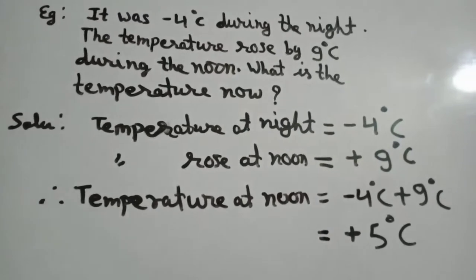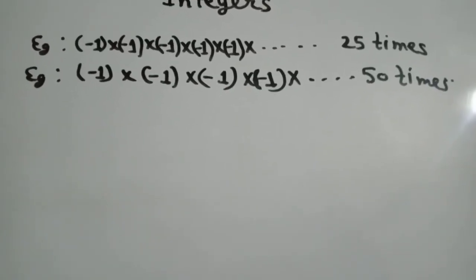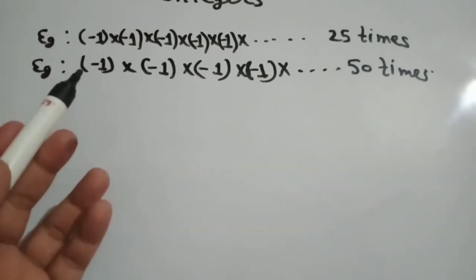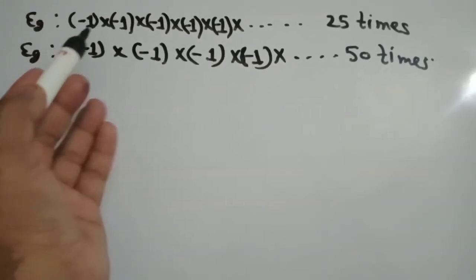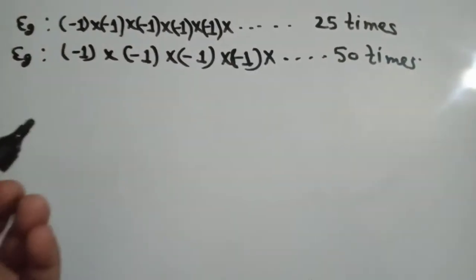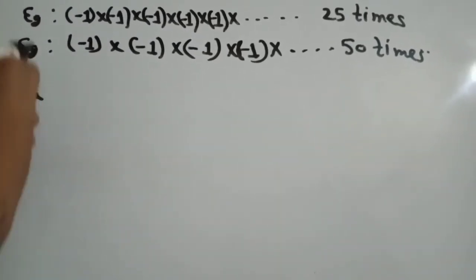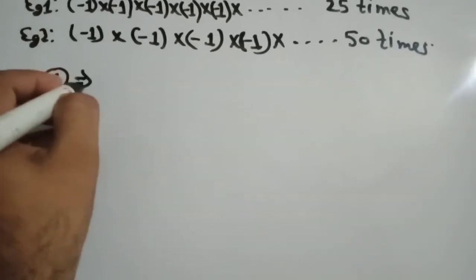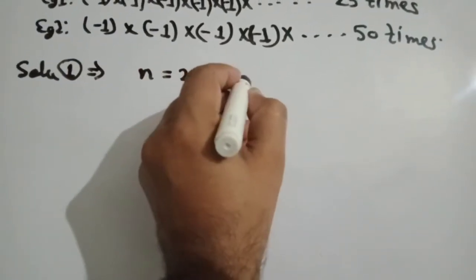Now I am going to introduce another example. So student, here are two examples: identify whether the final answer is negative or positive. If you multiply negative 1, 25 times, will the answer be negative or positive? Solution of the first example: look here, since n is equal to 25, which is an odd number,